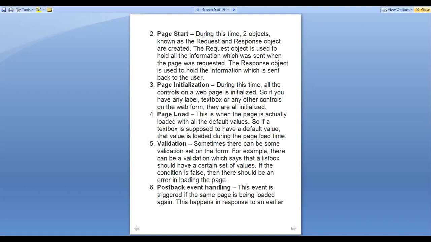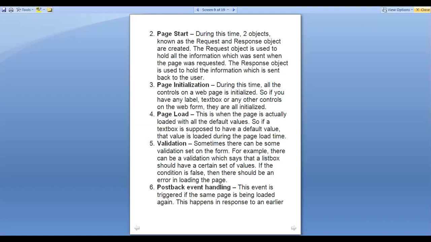Interacting with that page means what? If there is a form, then I will fill the data into that form. Now what happens if we are filling some data within a form? Then obviously we have to set some validation. It means we have to authenticate that form first, checking it against certain criteria. So sometimes there can be some validation set on the form. And that's why I said that this step is totally optional. It's not a mandatory step. This is performed only in some cases.